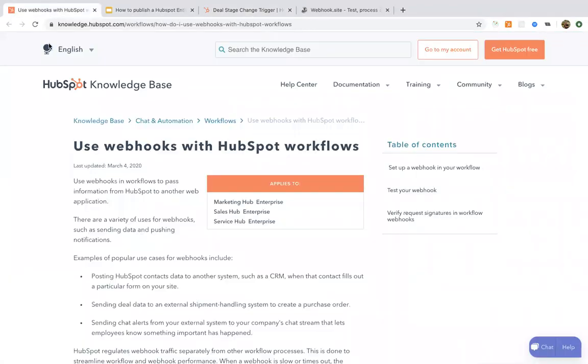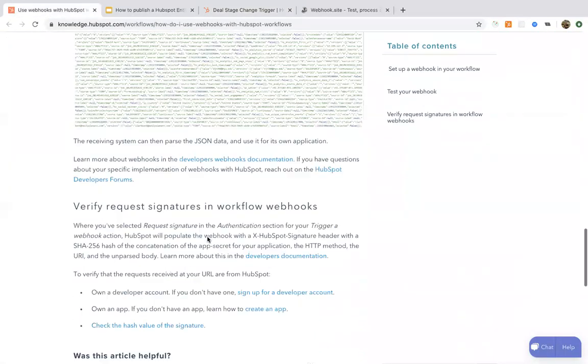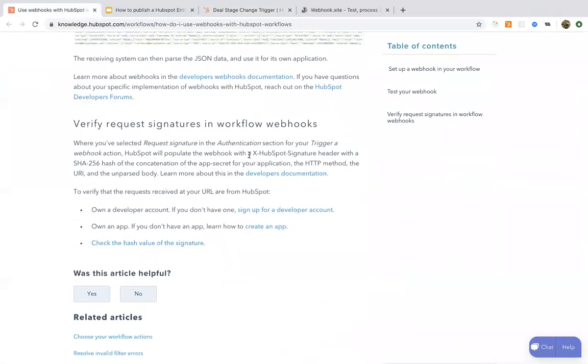It's very well documented here as well. You'll get an X-HubSpot-Signature header, which will have the SHA-256 hash using the app secret, which you will have when you create the application in the developer account. Okay, so it's as simple as that.